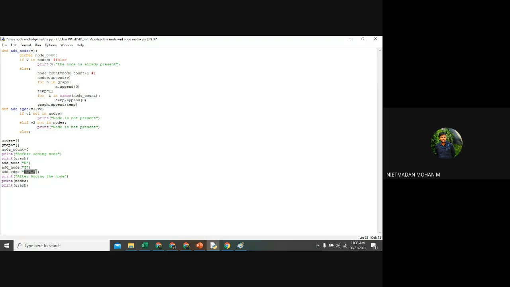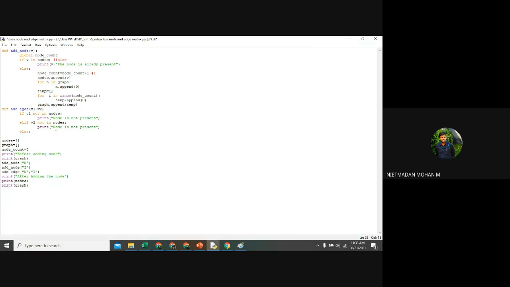Yes, sir. If suppose I am giving this n comma p, then what will happen? There is no node called p, right? Yes, sir. Then it will come here and check whether the p is available or not, and it will print that the node is not present. So it means the program will be terminated. So it is checking whether the given vertices are already present in the nodes or not. For that we are using those conditions.